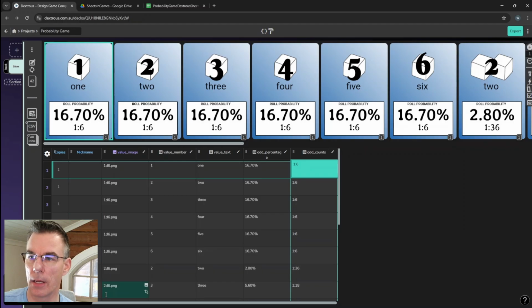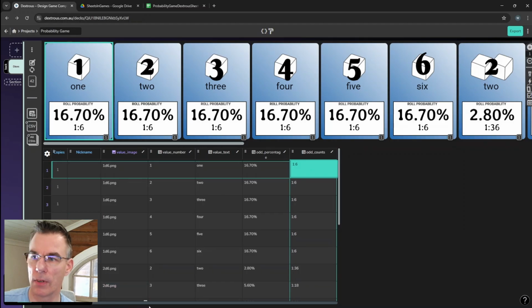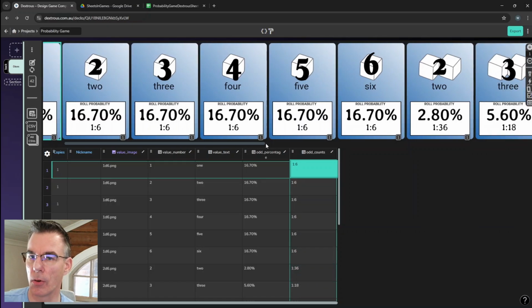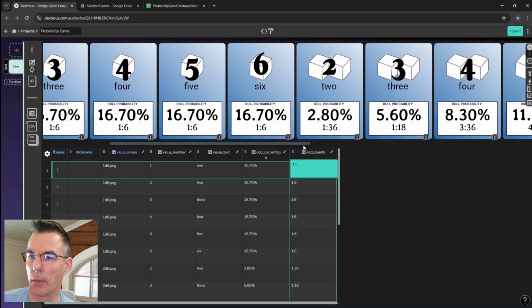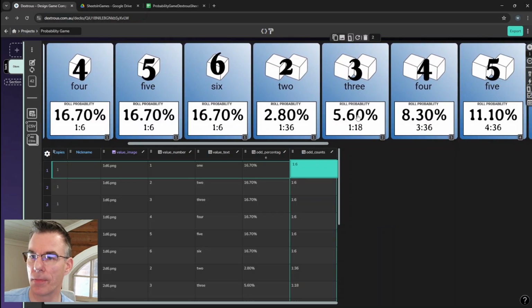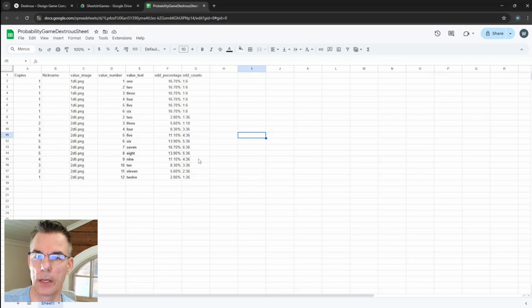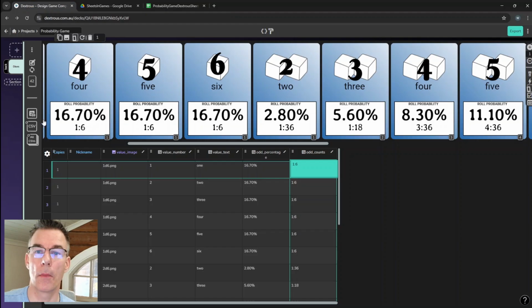And if everything goes nicely, we should have our new information available here, like so. So any changes you made to these values here, for example 1 to 6, you can go back to Dextrous and click refresh.